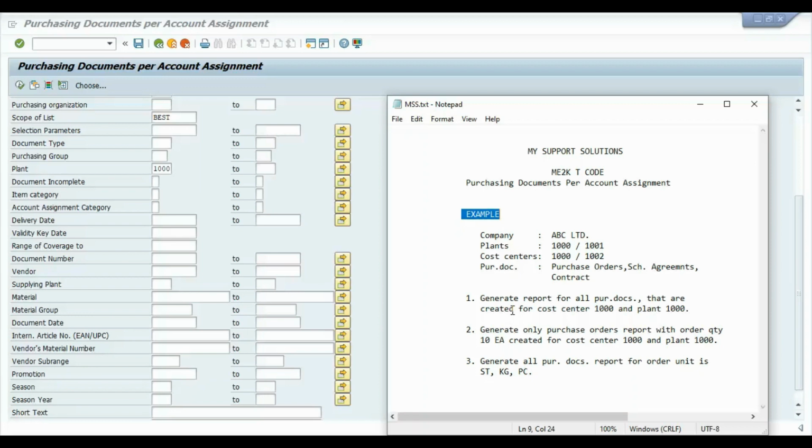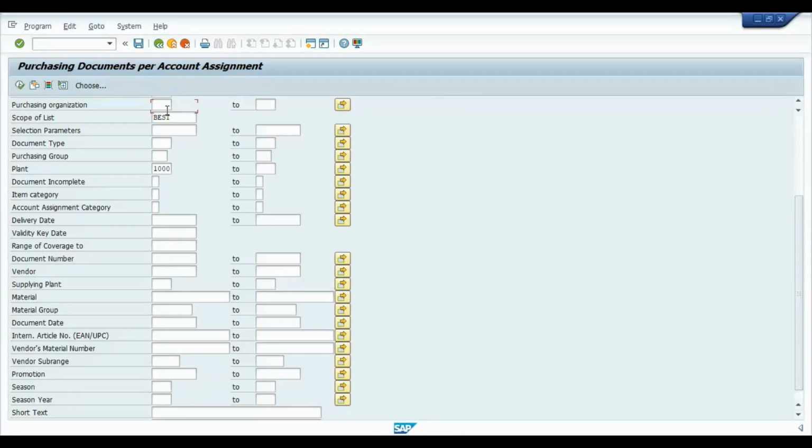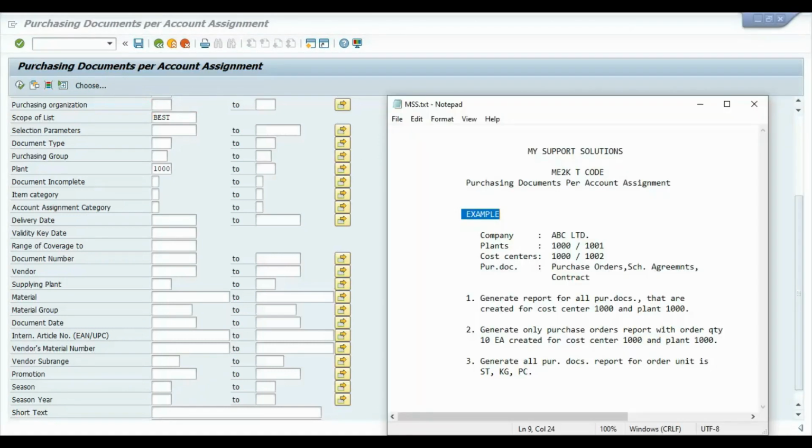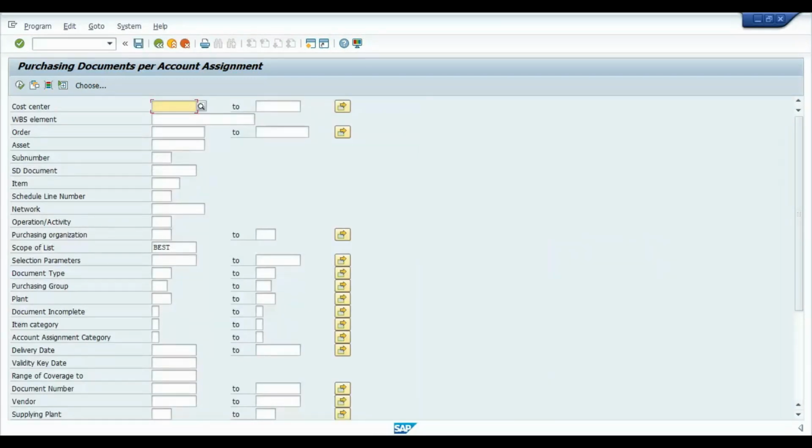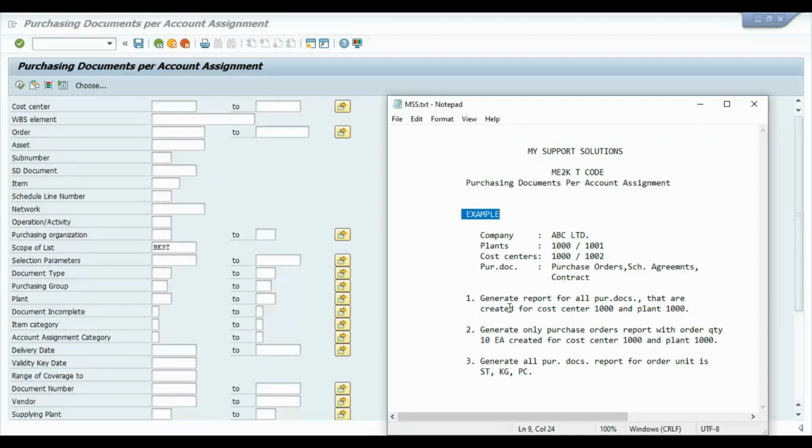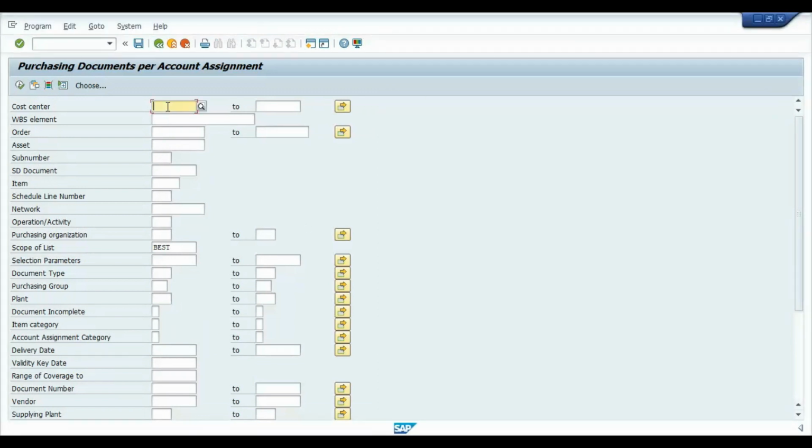Now we'll do the practical and we'll use the transaction code ME2K. Right now we are in the ME2K transaction code itself. With reference to our first requirement, we want to generate a report for all purchasing documents that are created for cost center 1000 and plant 1000. So here we will give our cost center 1000, our plant 1000,